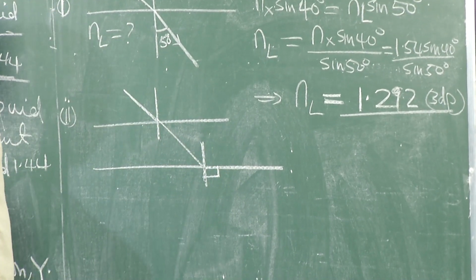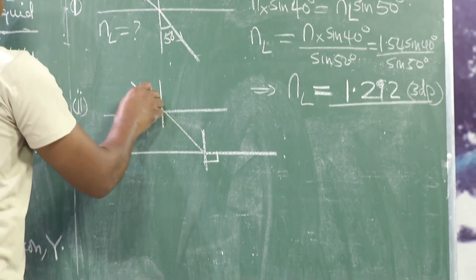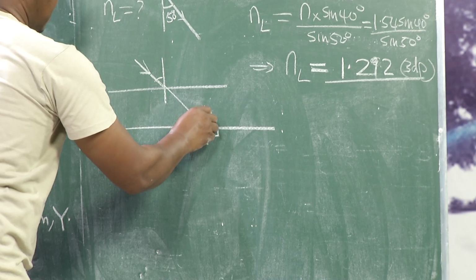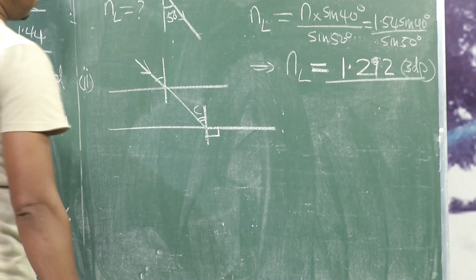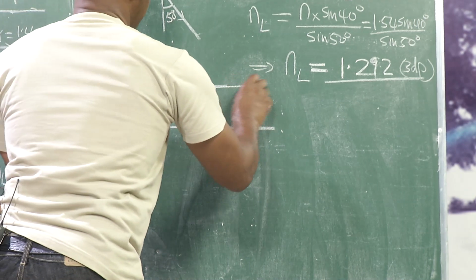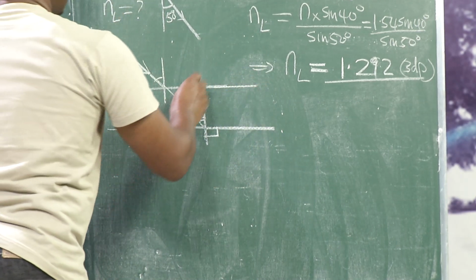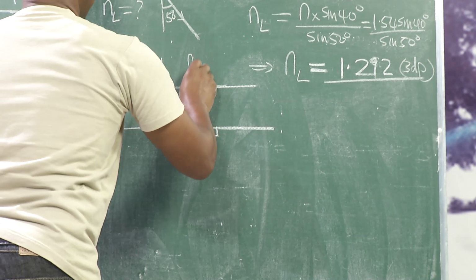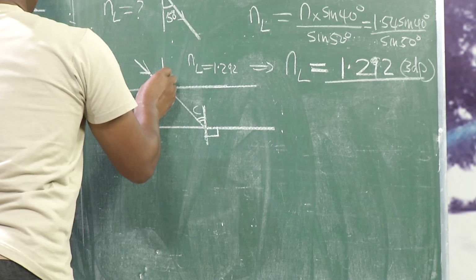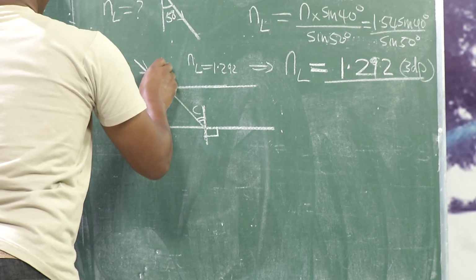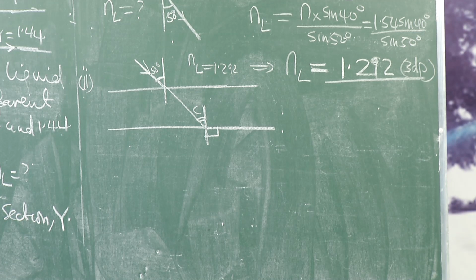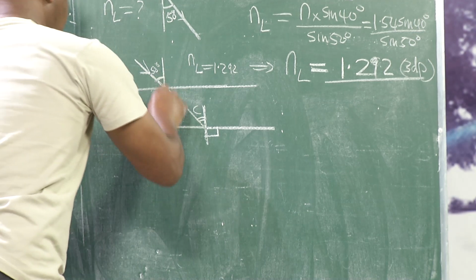from a fact that we are yet to discuss probably in our next lesson, it implies that this angle here is the critical angle of medium X. This angle becomes the critical angle of medium X. We have already got our nL here as 1.292, and this angle here is 50 degrees. So if they are asking us to find the angle of refraction, which is this one,